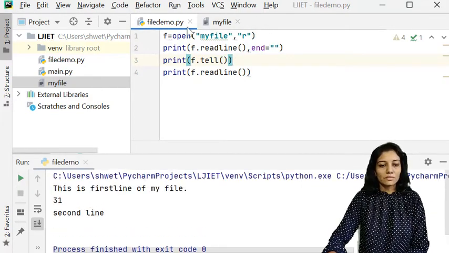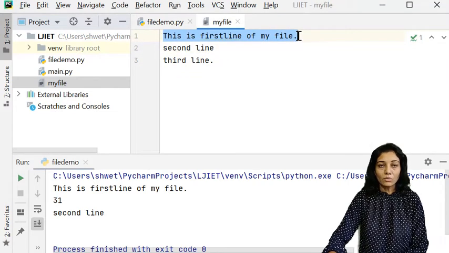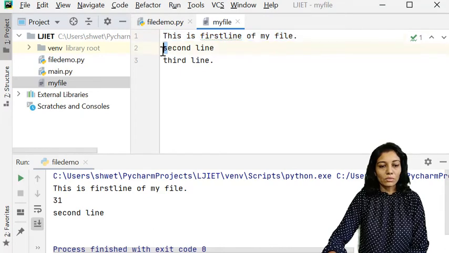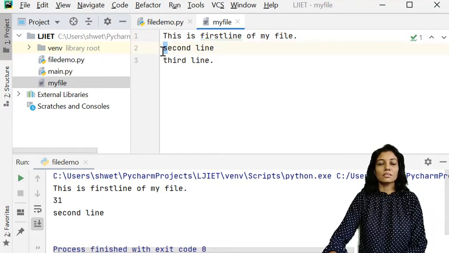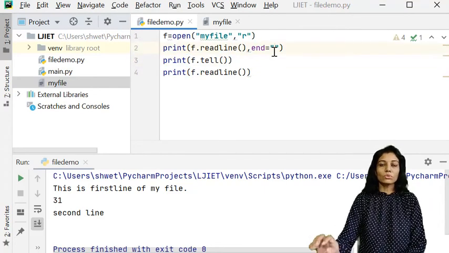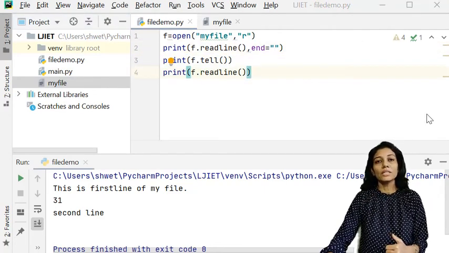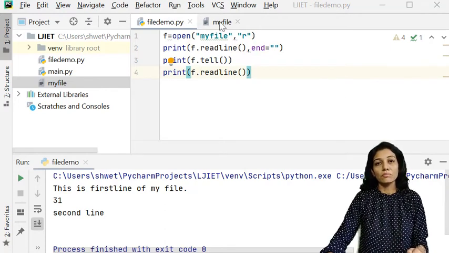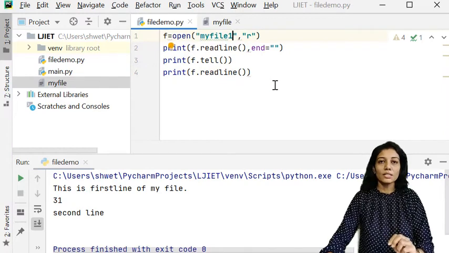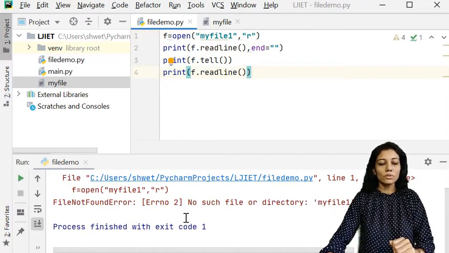That means the first line is printed, and now the pointer is pointing on S, which is the character 31. So that is how we can come to know the current position of the file. Read function will give you an error if the name of the file is wrong. That means if the file does not exist, it is going to give you a traceback error, file not found.